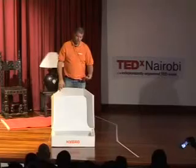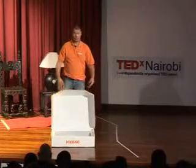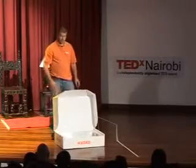So you basically put this in the sun, and it cooks food slowly. And that's actually a good thing, because you want to cook food slowly. It retains all the vitamins and nutrients in the food. And this is something which saves a lot of CO2 emissions. So it's possible to actually use the carbon credits generated from the use of the box to pay for it. And that's why we called our company Kyoto Energy, because we use that protocol to implement these things